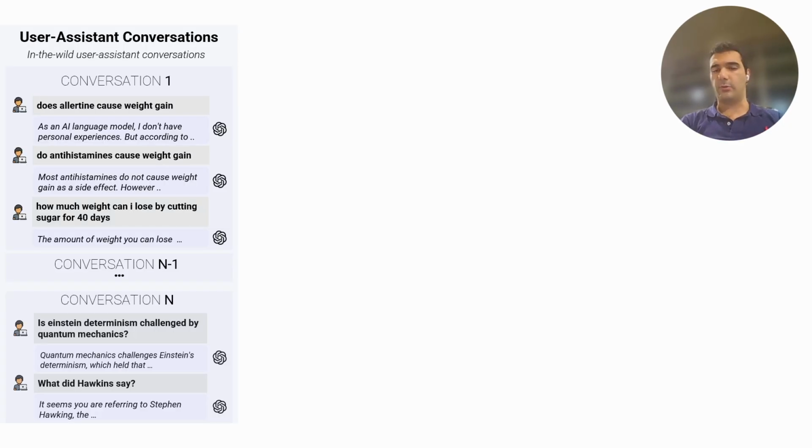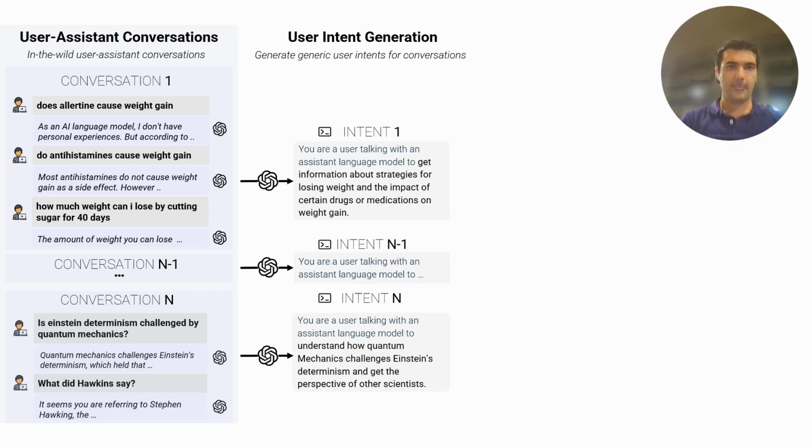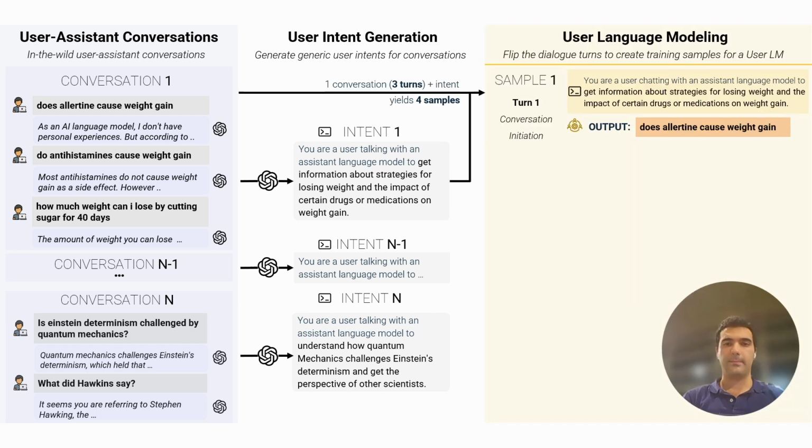So how did we train the user simulator? We took a large corpus of in-the-wild user-assistant conversations. We basically took WildChat, right? And you have N conversations in there. Some of them are multi-turn, some of them are not. And for instance, here conversation 1 is the same one from the example earlier. And then we used an LLM to extract what we call the task intent, right? What is the user trying to do in this whole conversation? This is what will be the input to the user simulator, right? So getting information about strategies to lose weight, that's the task intent. So we extract that with an LLM, and we have one for each of the conversations in our corpus.